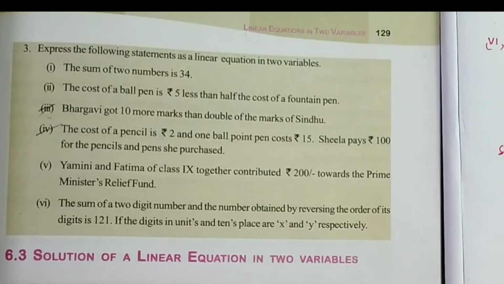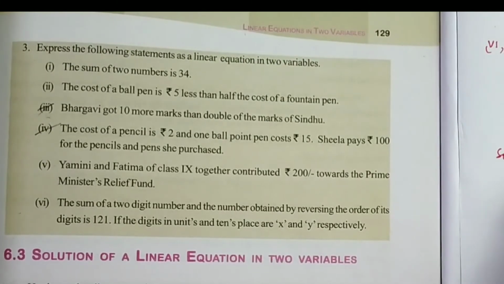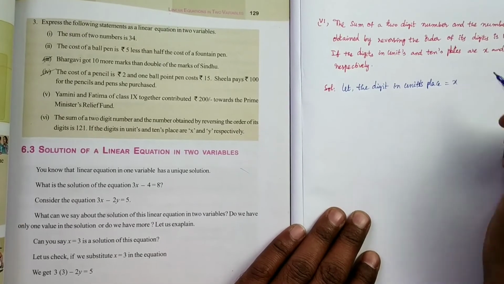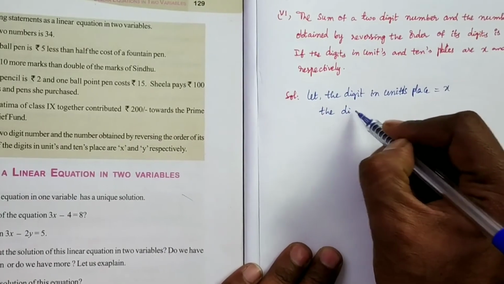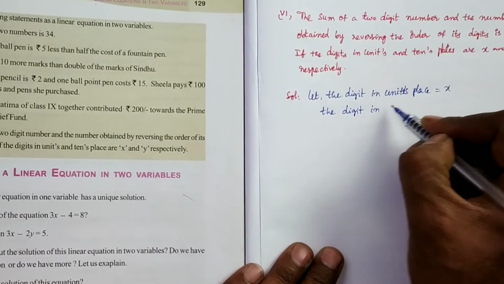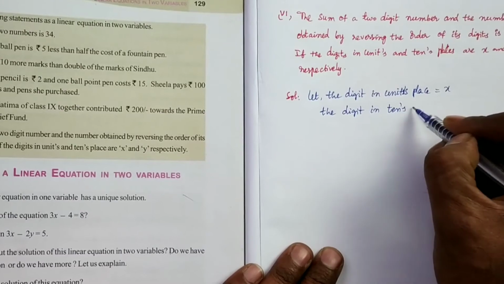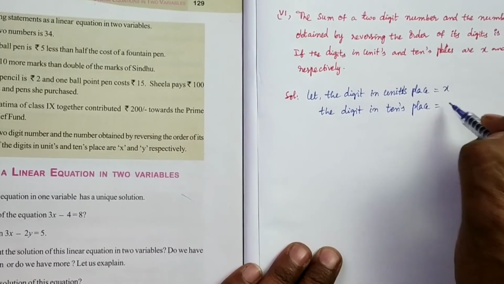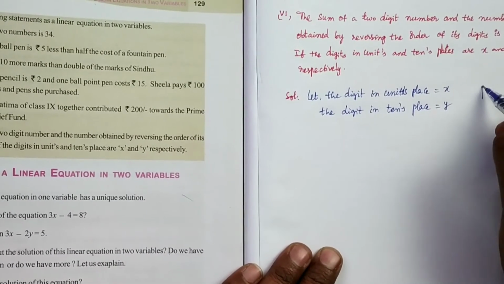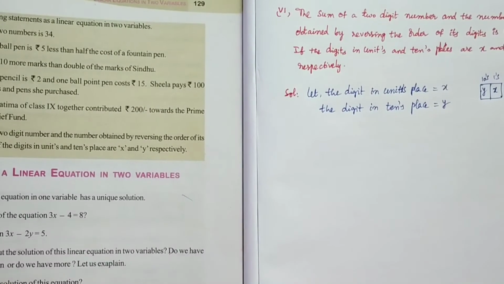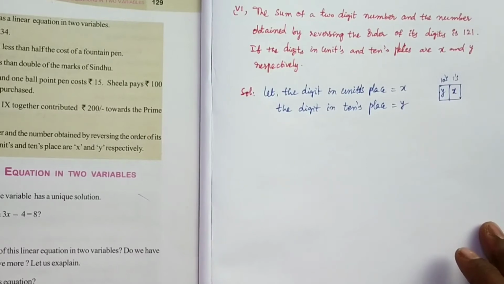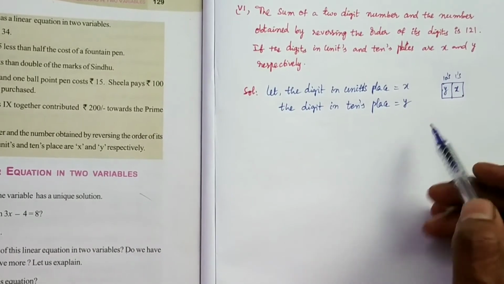So let the digit in units place equal x, and the digit in tens place equal y. So you write it like this, then it will be very easy. x in ones place, y in tens place, like this. Then the number will be,